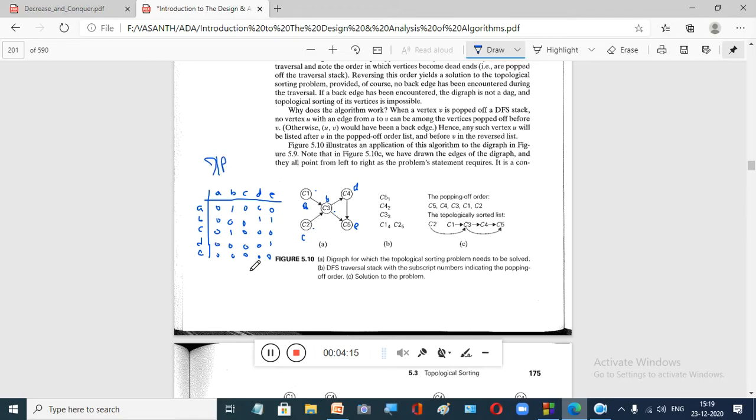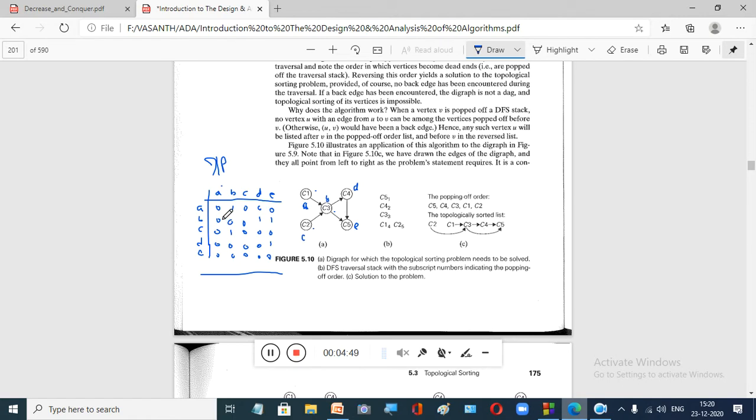In our program we are going to take this adjacency matrix as input, and the first and foremost thing is that you have to find the indegrees, right? Now how do we find the indegrees from this given matrix? If you look carefully at our given adjacency matrix, instead of going row wise, now you take the first vertex A and try to find the sum of the first row, right?